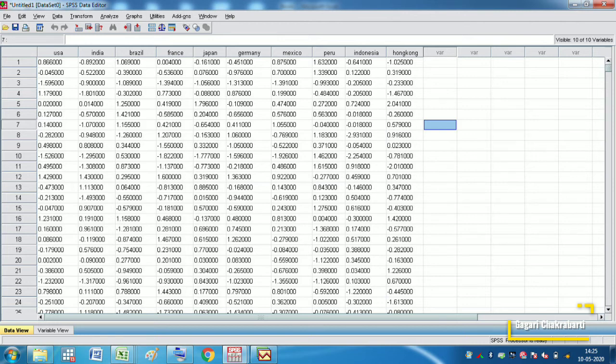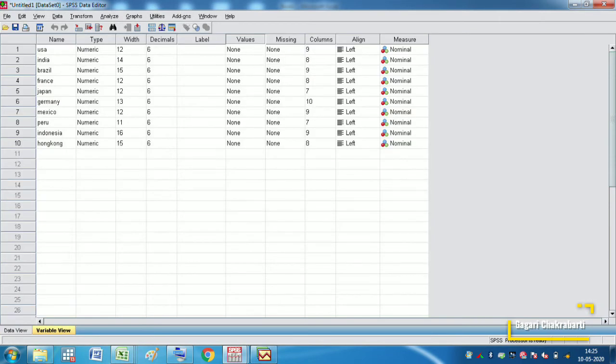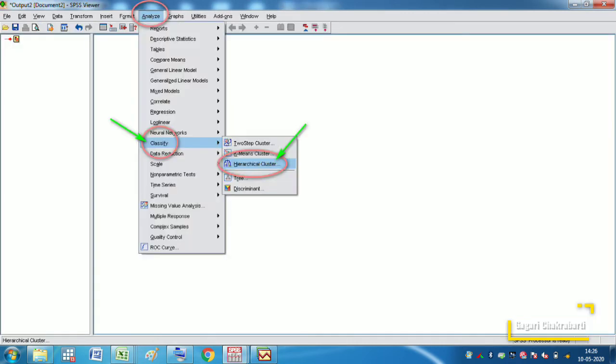For conducting the cluster analysis, now the data has been exported to SPSS. And this is the variable view. For cluster analysis, we go to analyze and then classify and then the hierarchical cluster. We shall use an agglomerative bottom-up approach where each market will start in its own cluster and then similar members will join to form the new clusters.